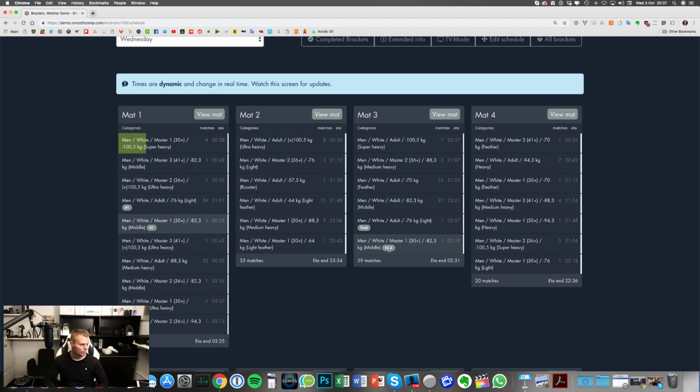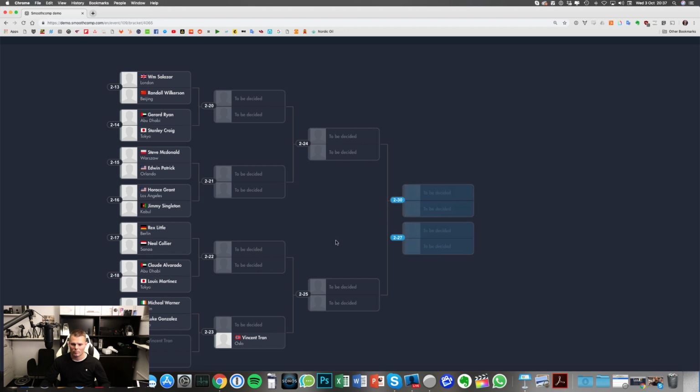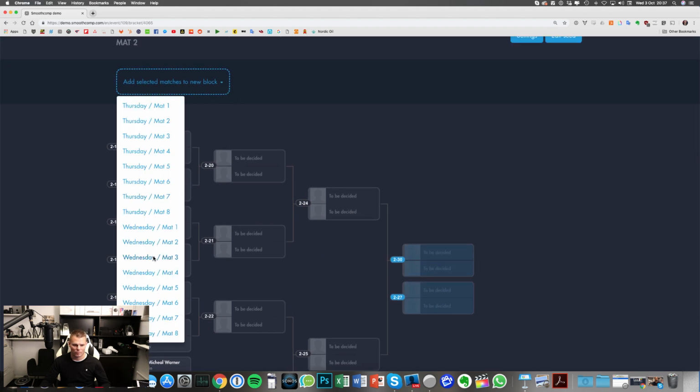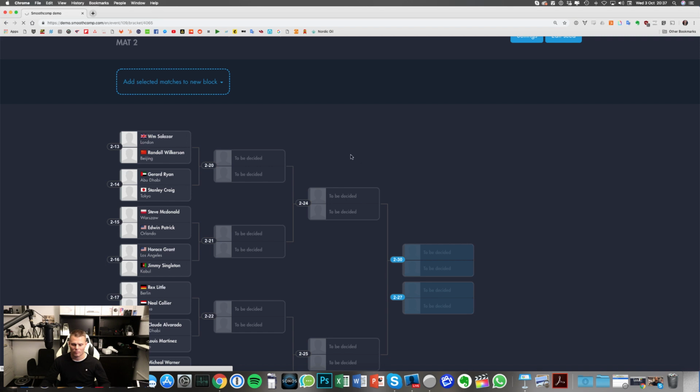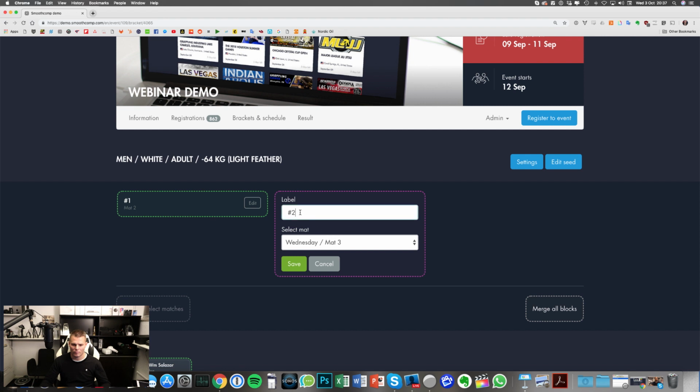If you mark all the quarterfinals, you will get a schedule block called quarterfinals. But you can also edit that tag. So if you want to rename the final to, I don't know, Jacare versus Marcelinho, that's fine. You can edit the tag that follows. So if you press edit, you can see that you can change the label, and you can reassign it to a different mat as well if you change your mind. Or actually it was a semi-final.